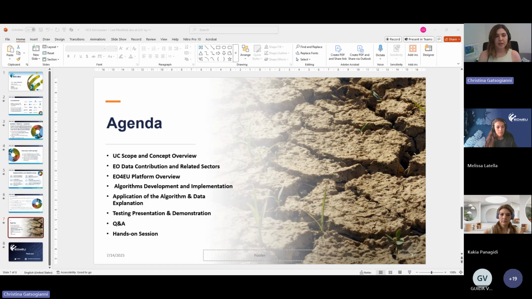First, Melissa will explain the main goals of the use case and examine the significance of Earth observation data in the field of soil erosion and related fields. Next, Katja will give you an overview of the platform and its capabilities. Following that, Melissa will explain how the machine learning algorithms behind the use case were developed and how they are integrated in the EO4EU platform. Of course, there will be opportunities for questions throughout the session, and we allocate finally 30 minutes at the end for hands-on